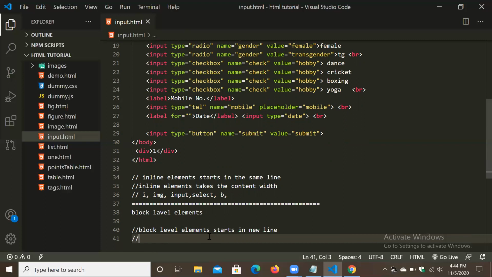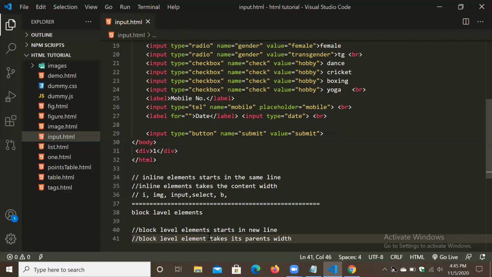Okay, block level element takes its parent's width. For example, a div tag is a block level element.